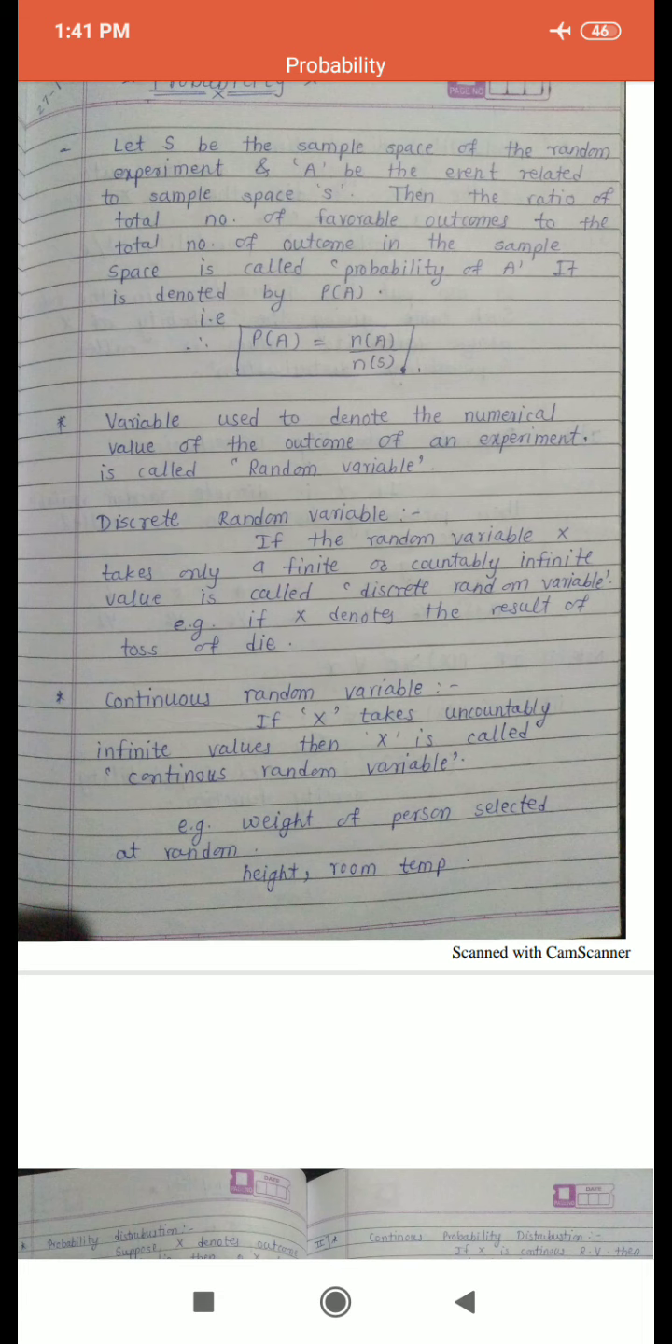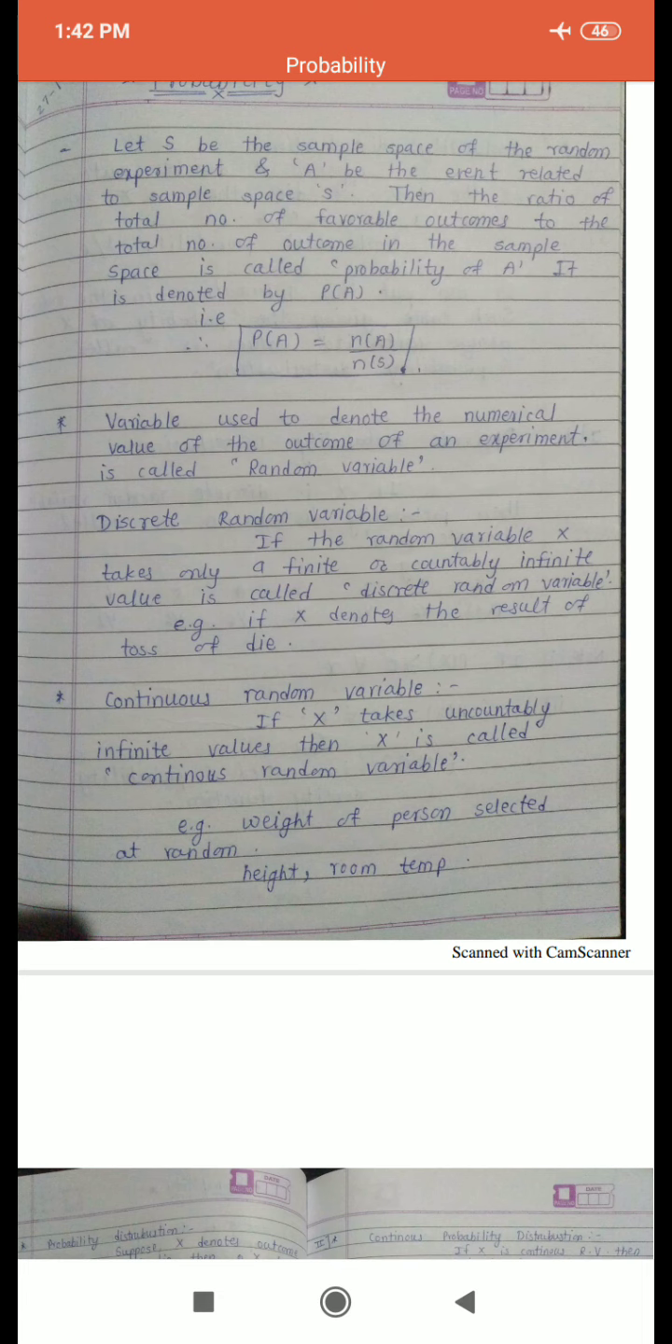Now we are going to look at the definition of continuous random variable. If capital X takes uncountably infinite values, then X is called a continuous random variable. Examples are the weight of a person selected at random, or height, or room temperature. Weight of a person means in a specific range all the values are taken by weight, and similarly for height, if we select the interval from 5 to 6 feet, in that interval each value is taken,